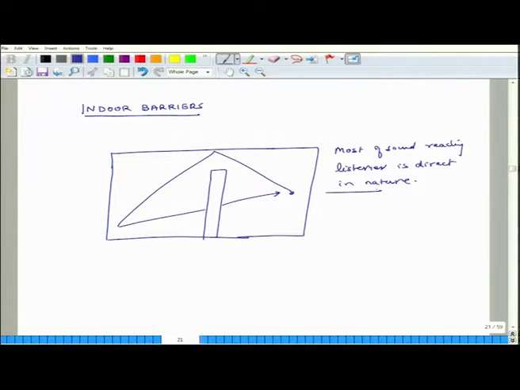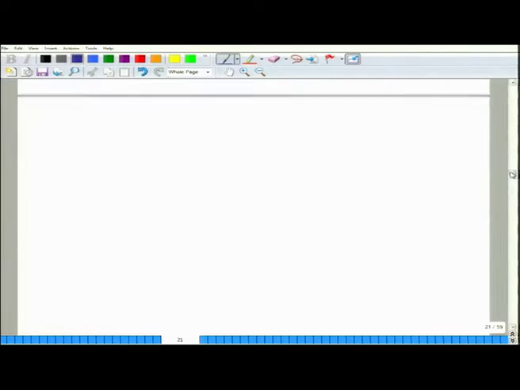Other way we can say the same thing, that indoor barriers are effective when the direct sound field is much stronger than the reverberant sound field. Now, consider the situation that we have a large room